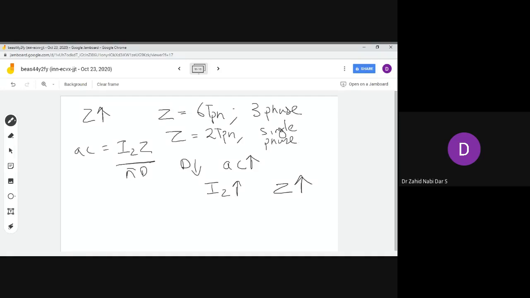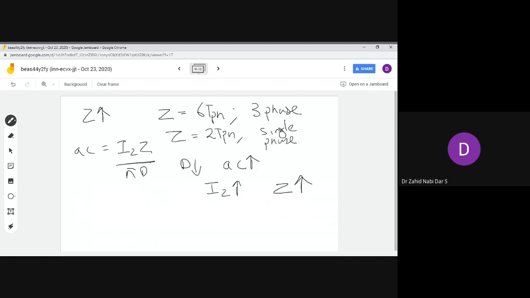See, if you are increasing the number of turns, what happens? The leakage reactance increases. So if you are increasing Z, the number of turns increases and the leakage reactance increases. If the leakage reactance of a machine has to increase, this leakage reactance will cause a decrease in the diameter. So when the diameter decreases, what happens? Overall, it will improve the overload capacity if you are decreasing the diameter. So basically, these are the factors which you have to take into consideration.